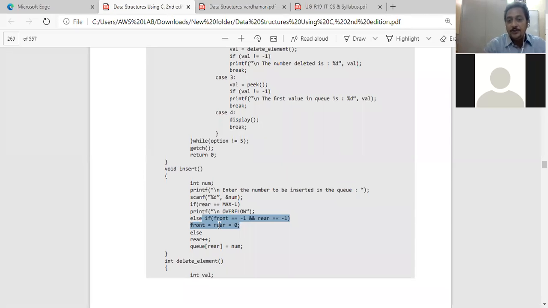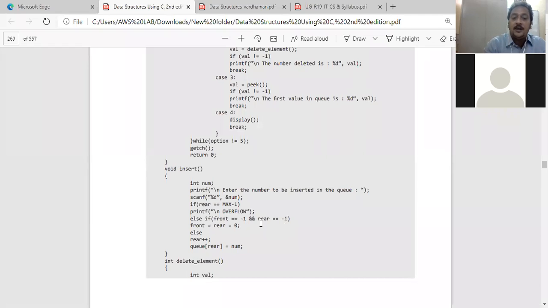Suppose it is an empty queue, there are no elements in the queue. First of all, whatever number is entering becomes the first number. There is nobody in the queue, it is empty. Now how do we know it is empty? Whenever front equal to -1 and rear equal to -1. In the array, the first element position is 0 or -1? 0, sir. It is at 0, so if front equal to -1 and rear equal to -1, that means